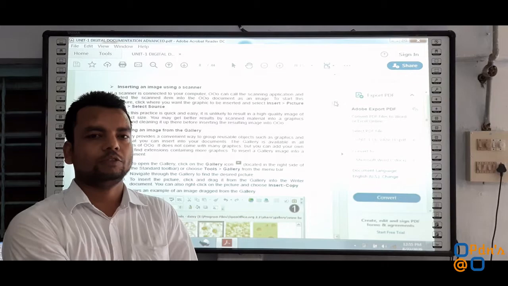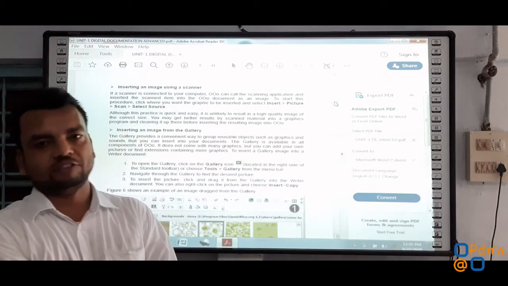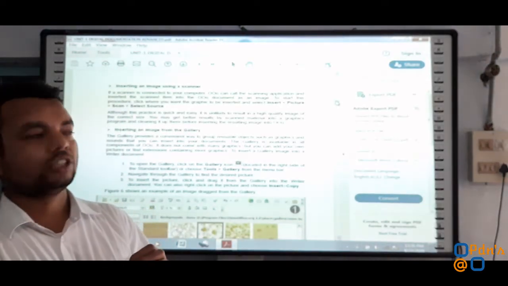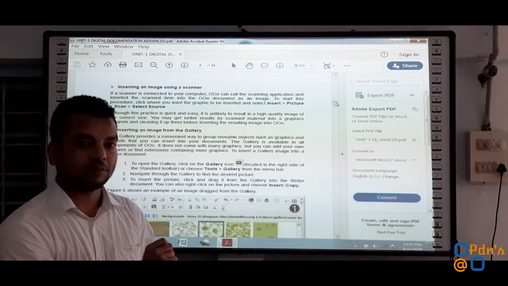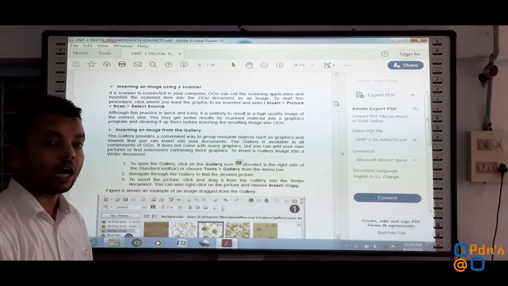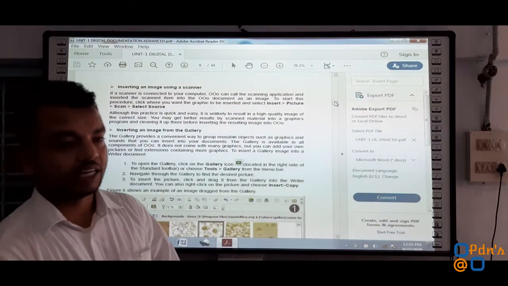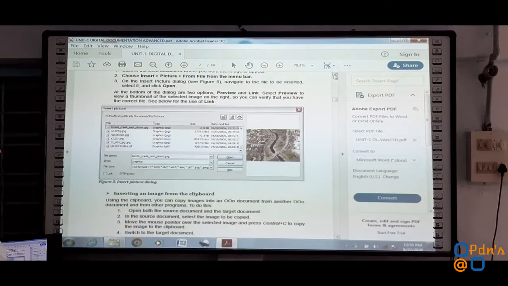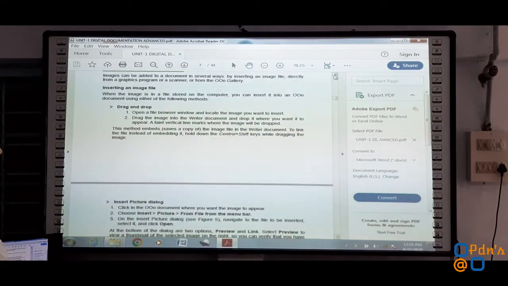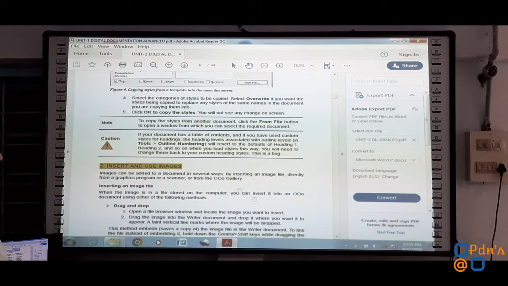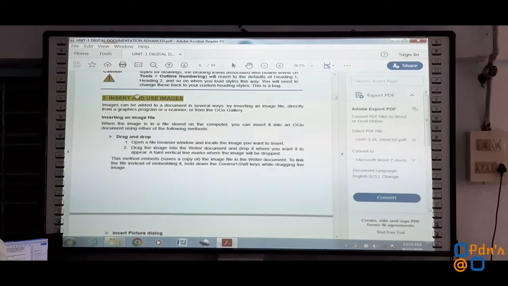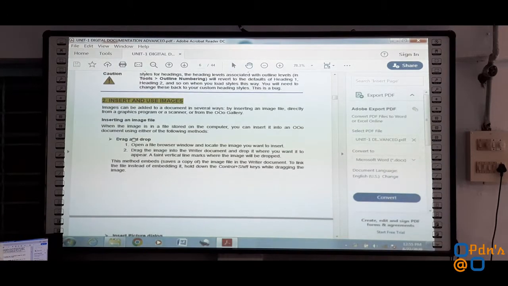Today I am here in front of you with a new topic of our discussion from our first chapter, that is Digital Documentation Advanced. In our previous sessions we have discussed how to insert an image using a clipboard, how to insert an image from a picture gallery, how to insert an image from a source document to a target document, using the insert picture dialog, and using the drag and drop option. The first option is drag and drop.